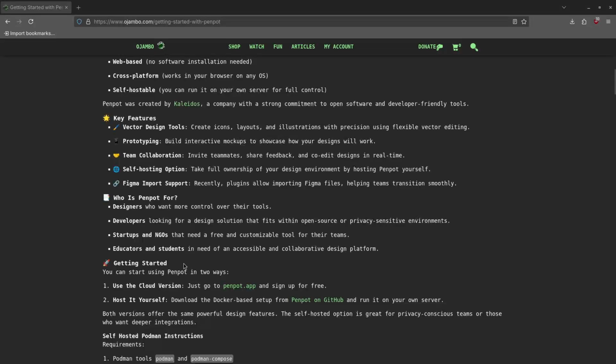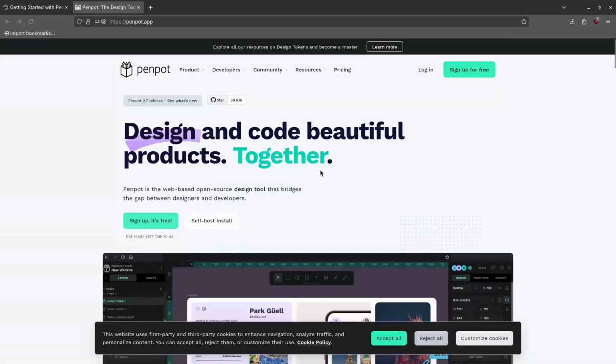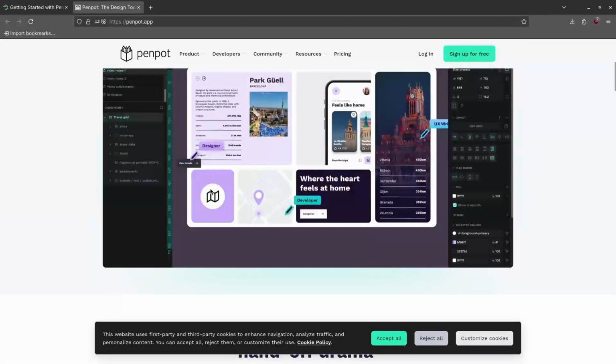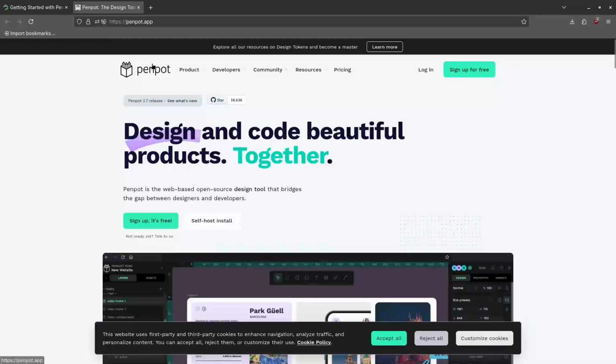So who is this for? Obviously designers, developers, startups and NGOs, educators and students. And you can get started. There's a cloud version: you go to penpot.app. For example, if I click this one here, you see it goes to penpot.app, and then you can sign up here. You see this is what it actually looks like when it's installed. You can have your own tools, etc. And then